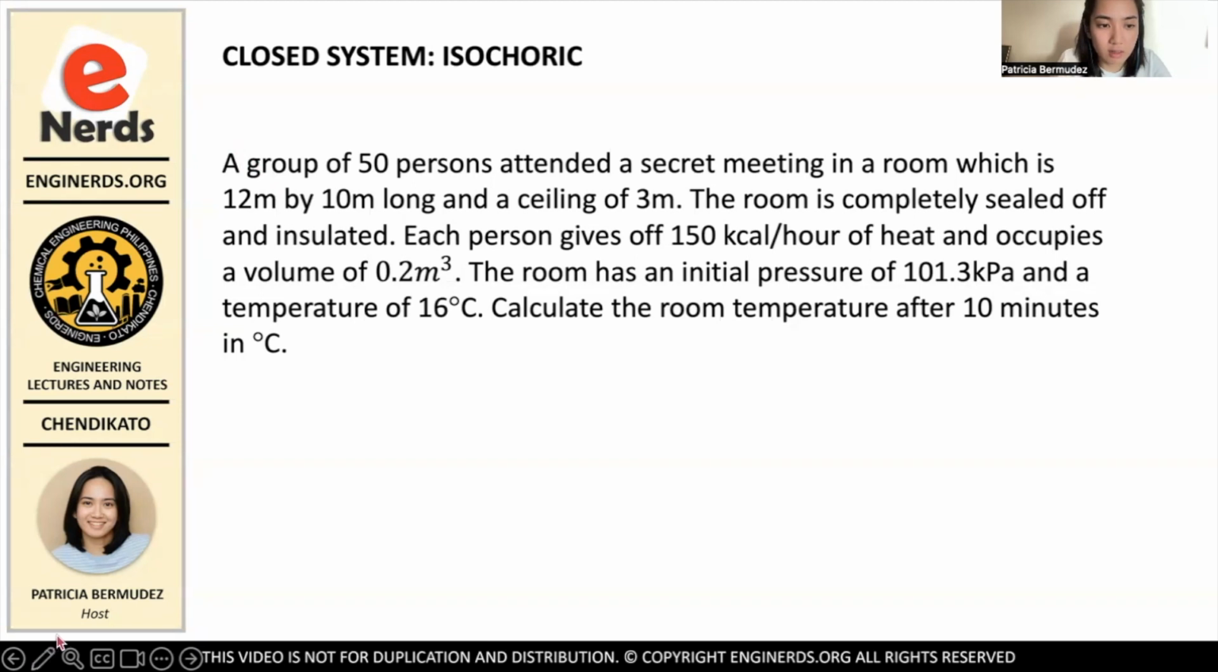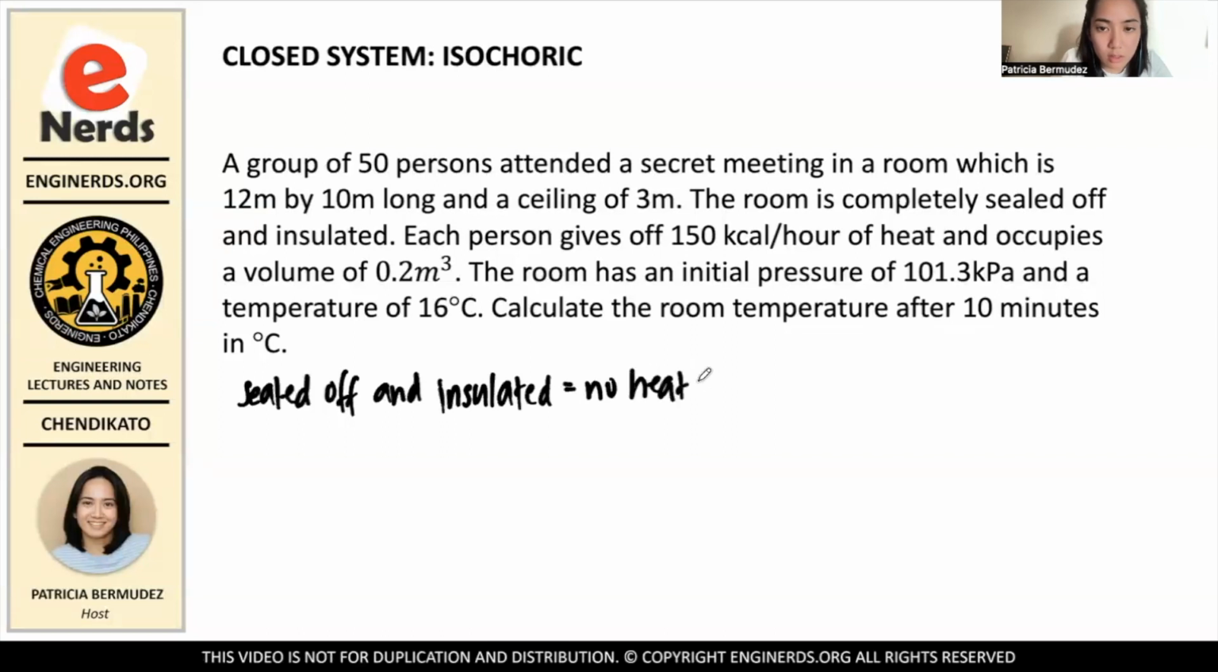So what can we deduce from the problem? You can see that it is sealed off and insulated. What does this mean? No heat enters or leaves the room. So we know that the only heat that circulates within the room is the heat that is given off by each person. And we also know that it's isochoric